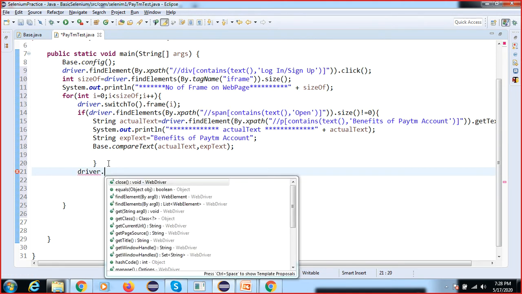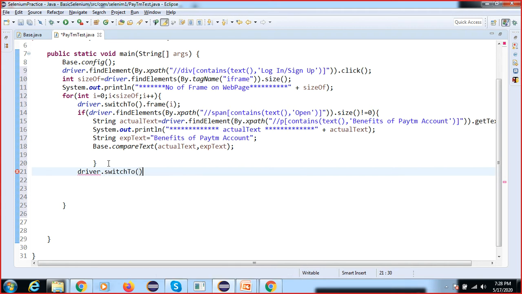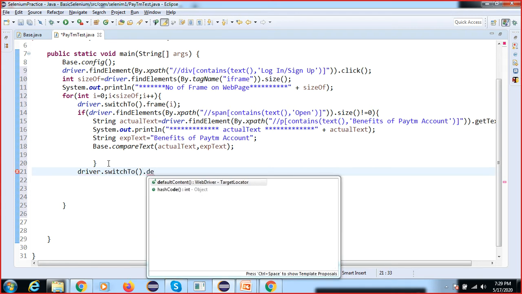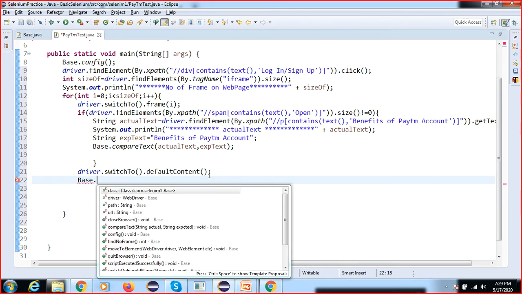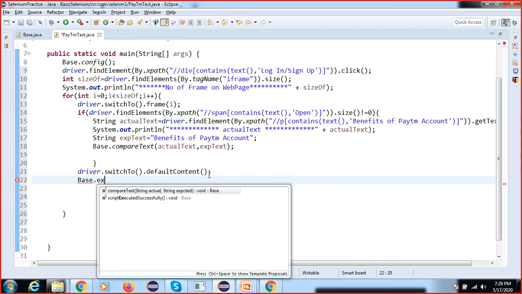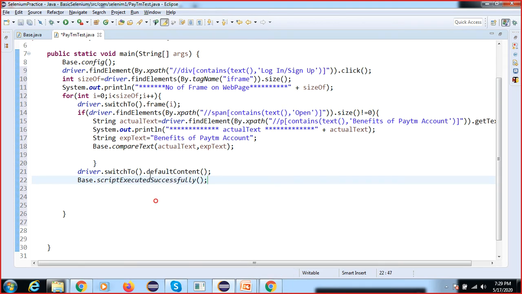So driver dot switch to dot default content. We will switch to your parent frame here. Now I'm going to display some value like script executed successfully, so it will display on the console whether it is working fine or not.